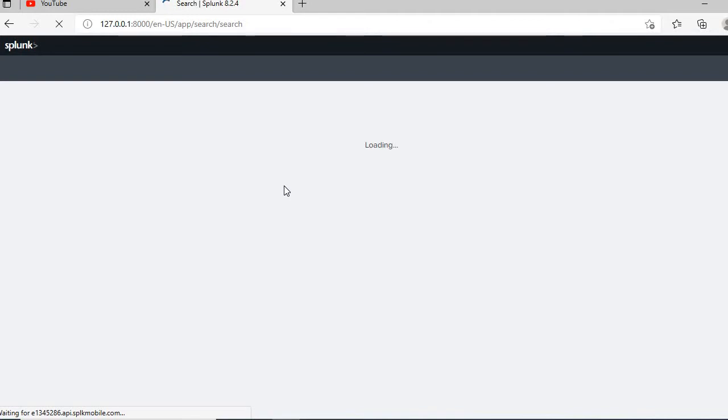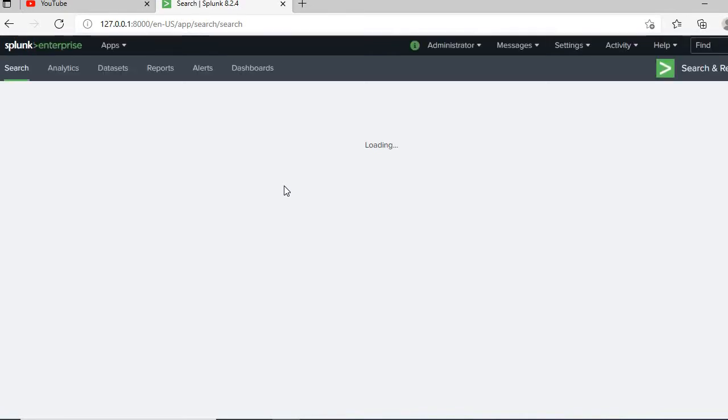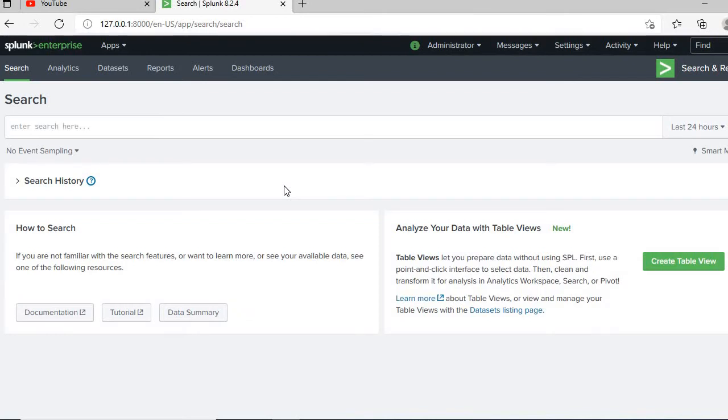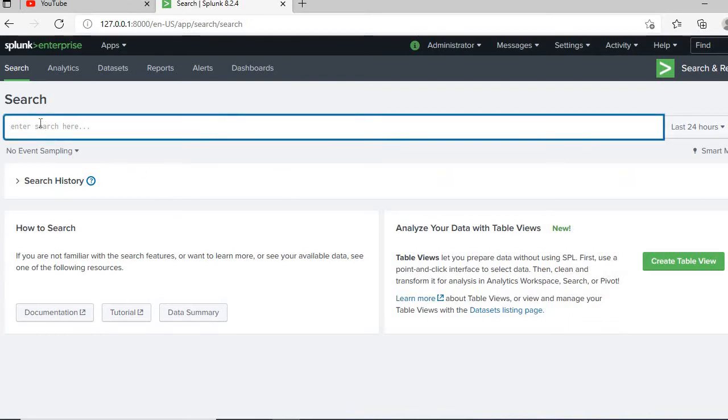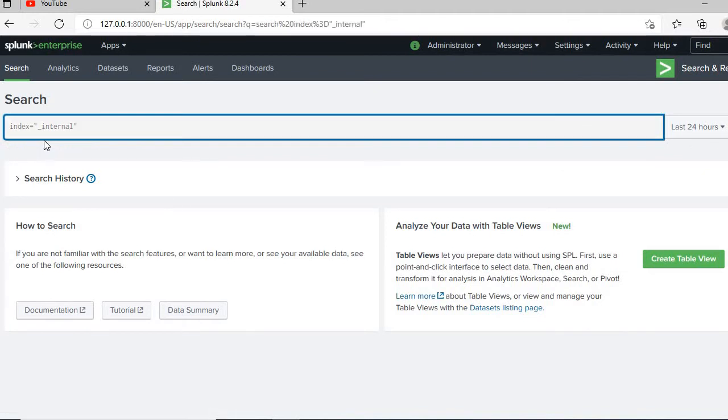We call it the search and reporting bar, and you can also call it a Google search for Splunk, because whatever kind of data you want to search, using this you will be able to get the data. I will just try and show you. Let me type something here, index equals to. If I type, you can see some data which the system is already pulling automatically.